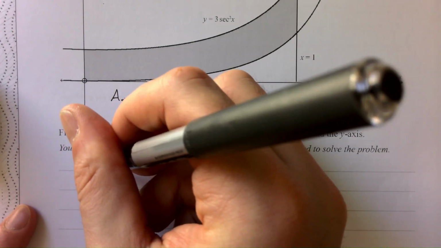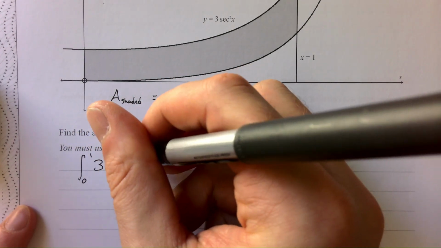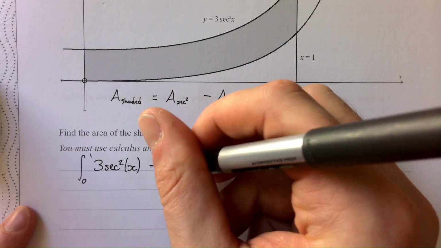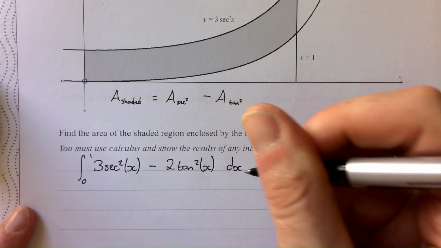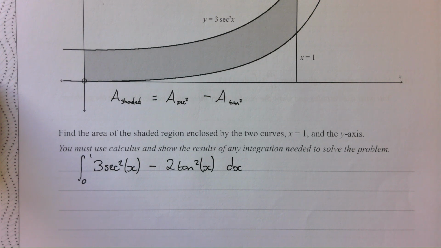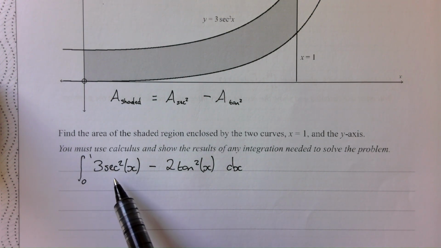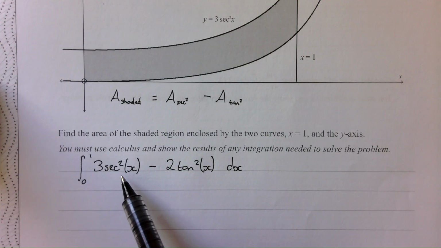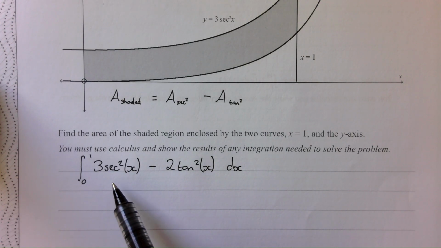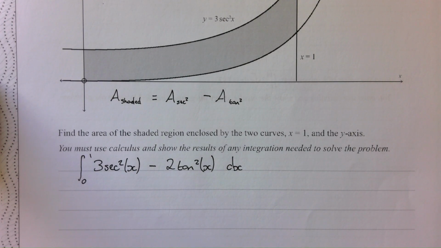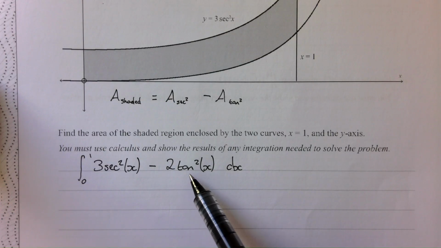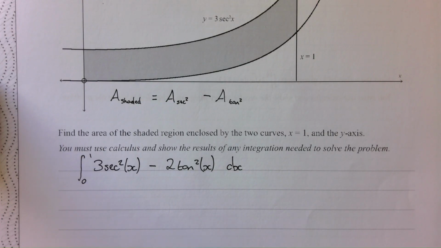My 3 sec squared x minus 2 tan squared x, both with respect to x. Now, if you look on your resource sheet, you'll see that we have a standard integration for sec squared, which is arriving at just tangent on its own. We do not have a standard integration pattern for tan squared. However, if you go down to your trig identities again, if you get these complicated trigonometric terms you're not sure how to deal with, have a look at your identities page and you should find one. The one that we're going to use here